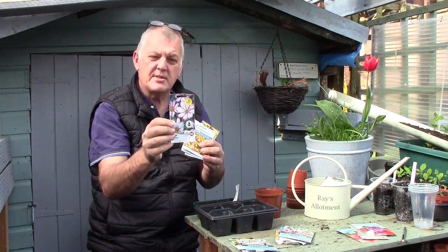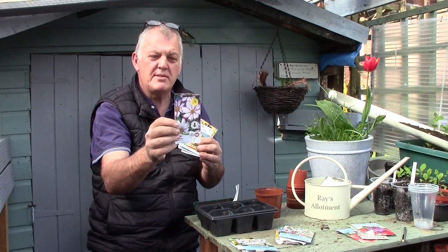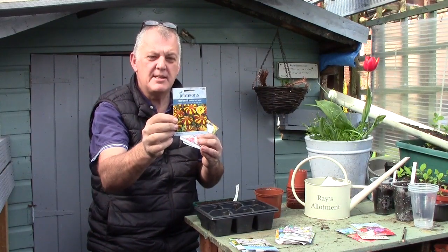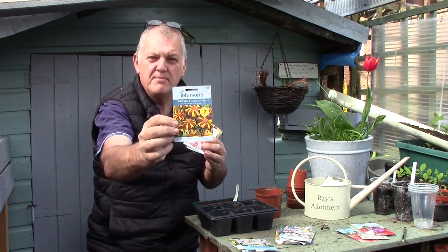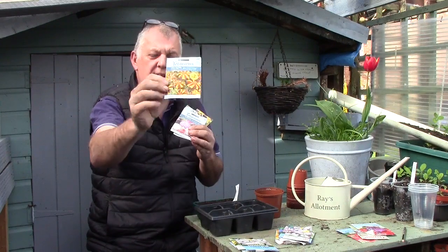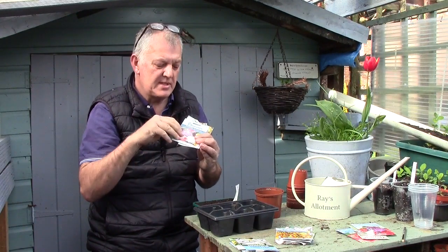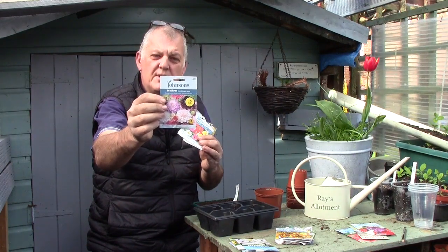And we've got some cosmos, and this is a half hardy annual, and this is picotee, and this can be sown in April. This is a really interesting one. I really want to get into this one. It's a marigold, and this is French Jolly Jester, and I just love the colours on these, and these can be sown in April. We can do them in the cell trays. And then we've got scabious. This is Tor double mixed,